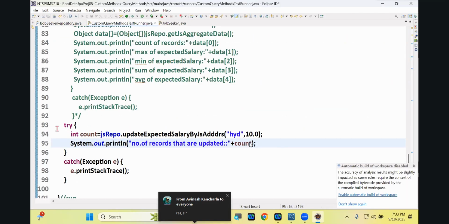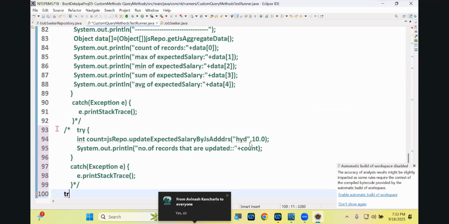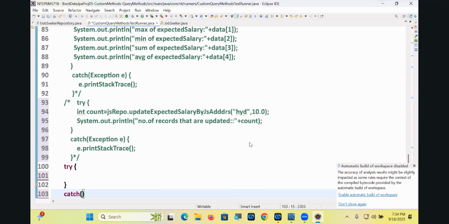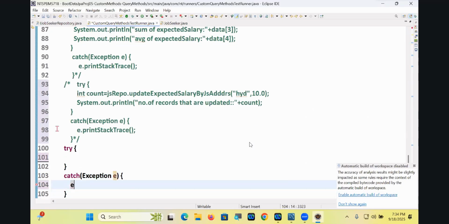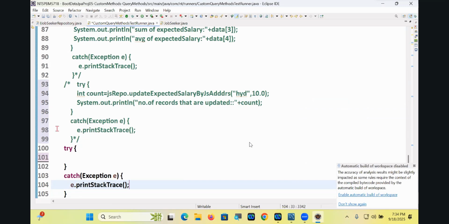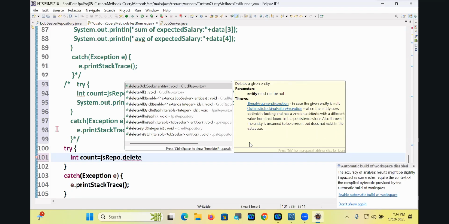Try, catch exception e, e.printStackTrace(). Here, int count is equal to jsRepo.delete